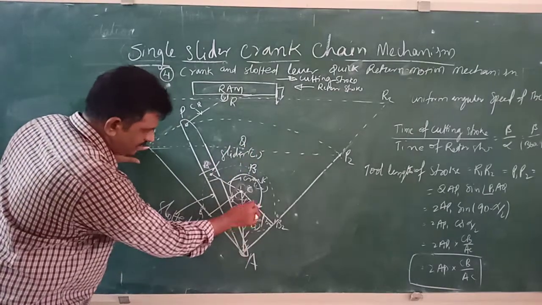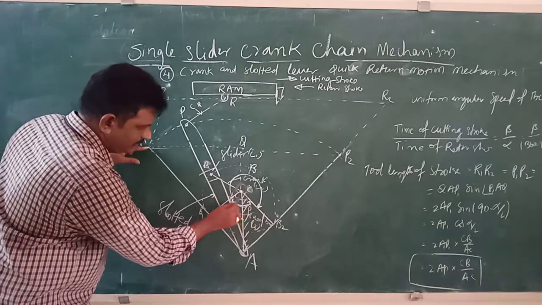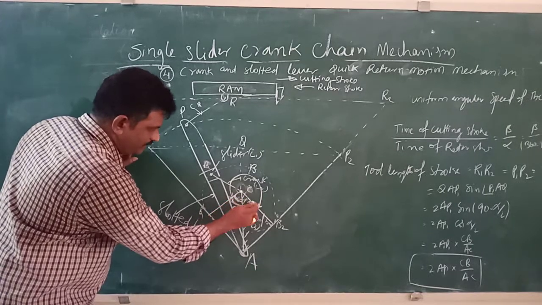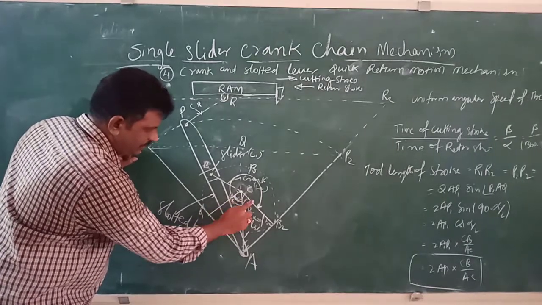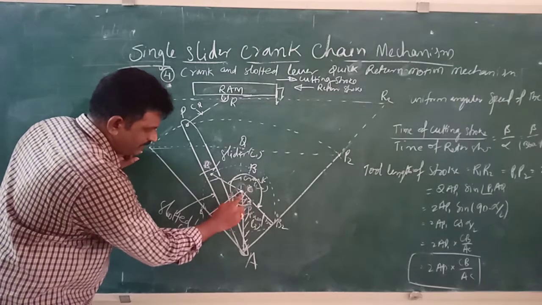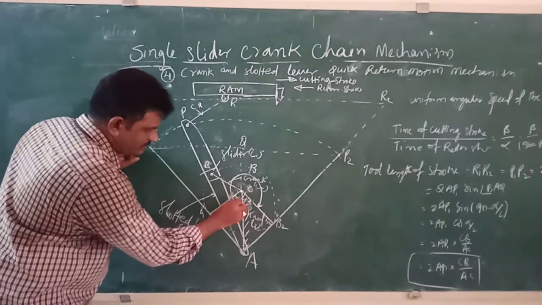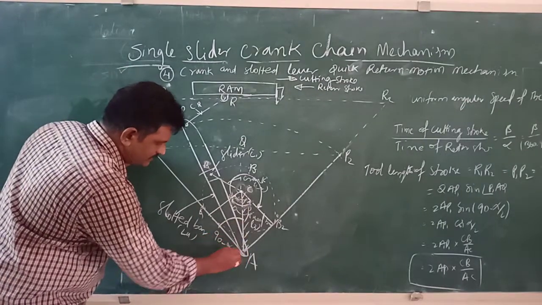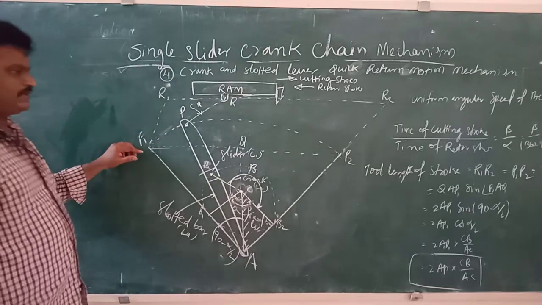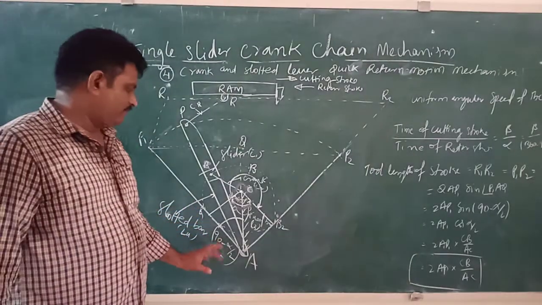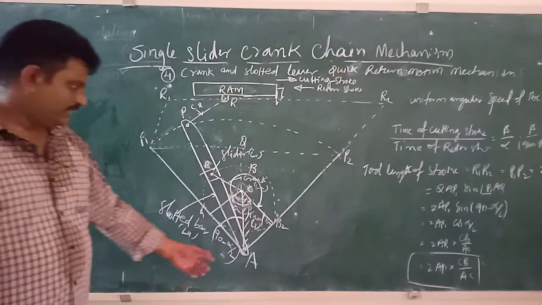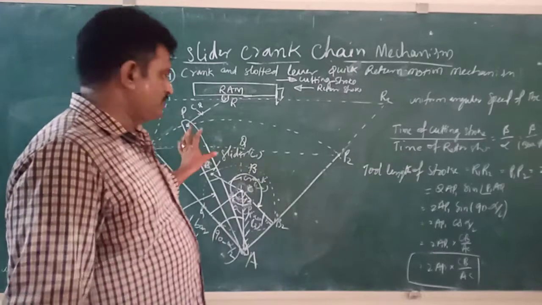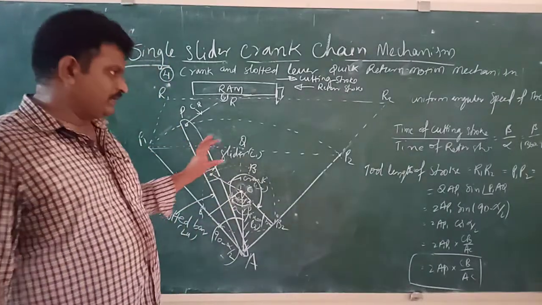Basically the total inclination is alpha. Here this inclination is alpha by 2, and this inclination is alpha by 2. The total inclination, from here to here, is alpha. Since we are comparing this triangle, the half portion angle is alpha by 2. We need the end portion inclination, so it becomes 90 minus alpha by 2. Sin of 90 minus alpha by 2 becomes cos alpha by 2. We are forming this triangle, P1QA, so 2 into AP1.